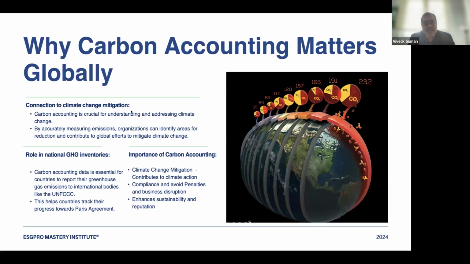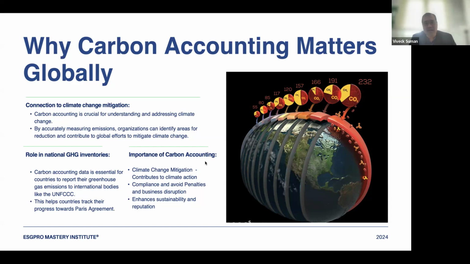The third part of why carbon accounting is important is that if you want to do any carbon or climate change mitigation, you need to know where you stand. And that is why GHG inventories are important. Yeah, greenhouse gas inventory: how much carbon I am emitting and from where, what is the kind of carbon, can I change that directly or indirectly? That understanding is critical, and that's why carbon accounting is essential.